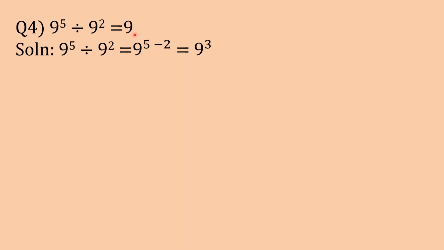Okay. Now students, you know in indices, when there is a division, then you have to subtract the powers. That is indices, you have to minus. When there is multiplication, then you add the indices. So when the same base is there, your base is 9. So 9 raised to 5 divided by 9 raised to 2. So I said in division, you will just subtract the index. That is, 9 you'll write down, base common. Then in index you'll write down 5 minus 2. So 5 minus 2 is 3. So the answer is 9 raised to 3.